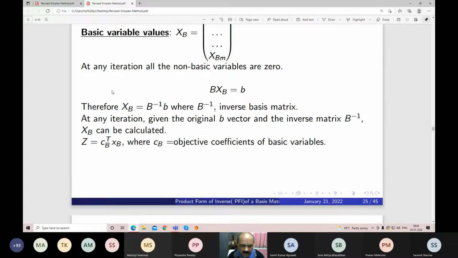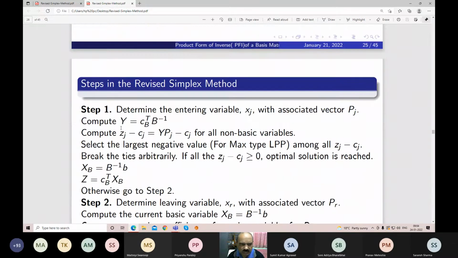Let me talk about the algorithm. What is the algorithm? See here, the simplex and the revised simplex method are all the same, but here you are using only the basis matrix inverse to compute everything. Step 1: determine the entering vector xj